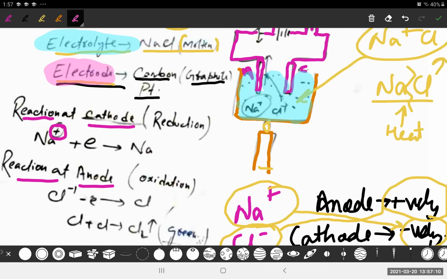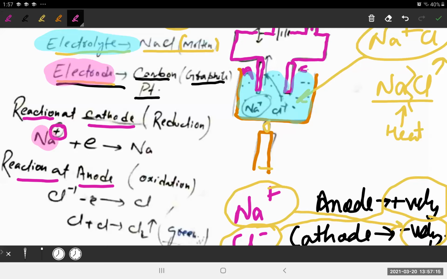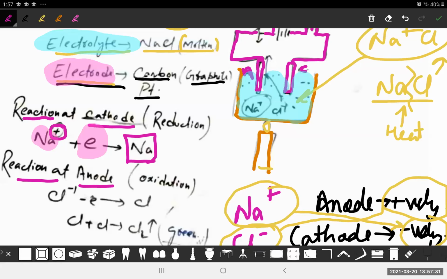So now tell me, what will it do? Na plus is having an excess of positive charge, yes or no? So to neutralize the positive charge, we add a minus charge, that is, we add an electron to it, and then we get a neutral sodium atom. Okay, is it clear? Is it clear how we have got this Na from Na plus? Na, it's not plus, it's not minus. Okay, why have we added one electron? It is clear now, the basics. Tell me fast, guys. That's not good.